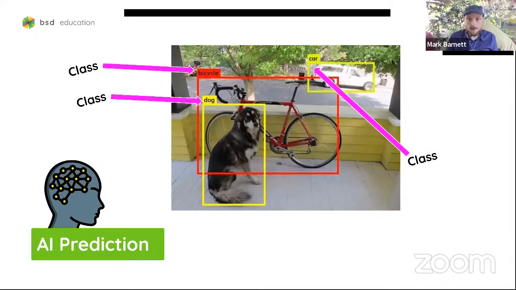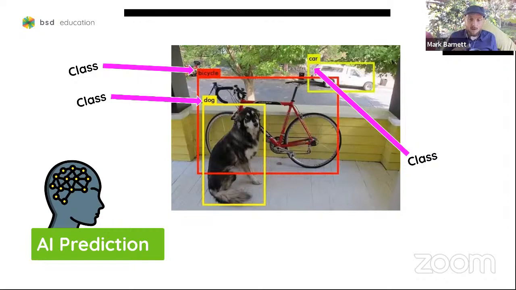So in order for artificial intelligence to get really good at doing something, it has to be shown something a lot of times. Now, the difficult thing with image recognition is that, when we show an image, there's often background information. So how does the AI know which of the things it needs to identify from that image? For example, in this image, there's a dog, a bicycle, a tree, a car, the road, a porch, all kinds of things.